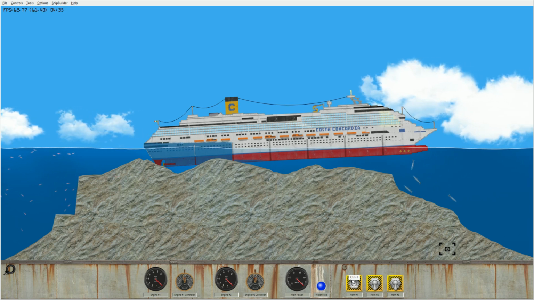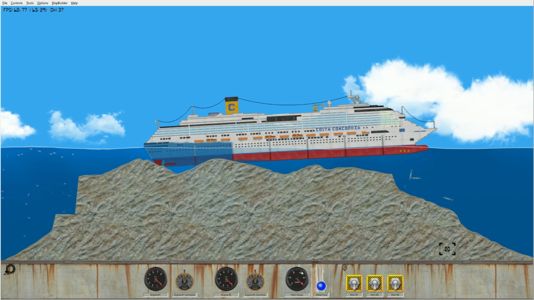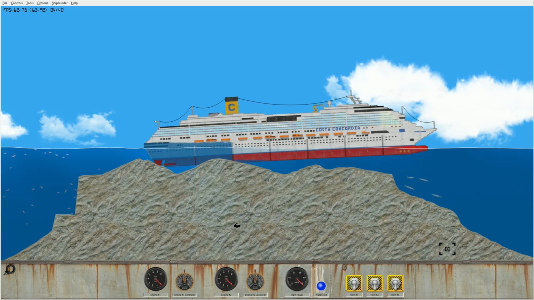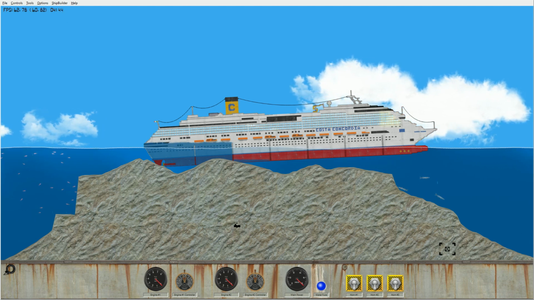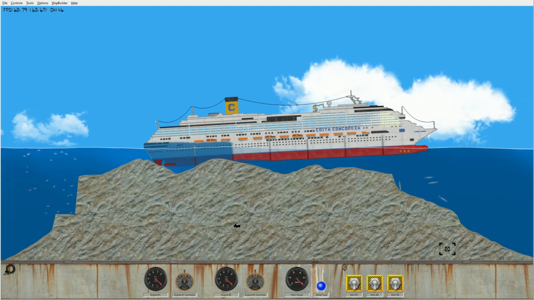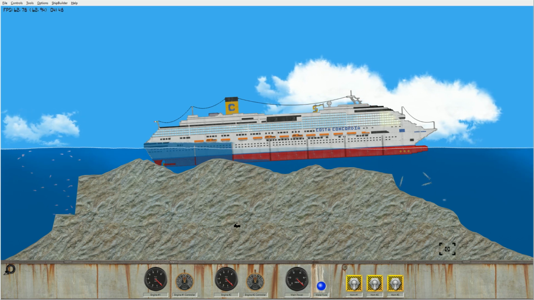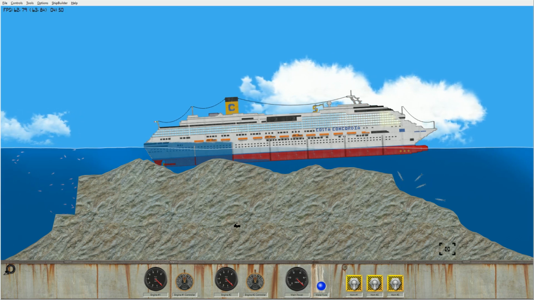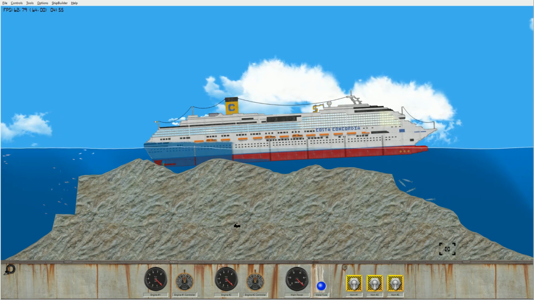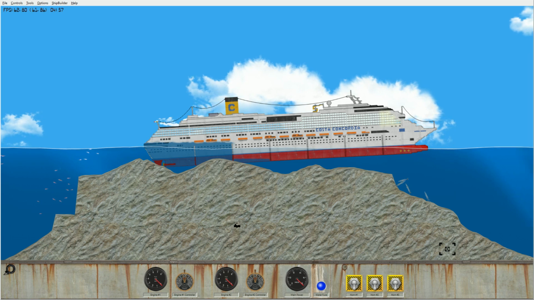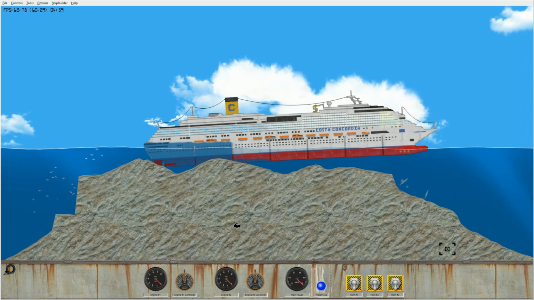The water is going to the last three lifeboats. The stresses you can see now. I don't think the ship will sink, that she will go forward as the other parts of the ship will